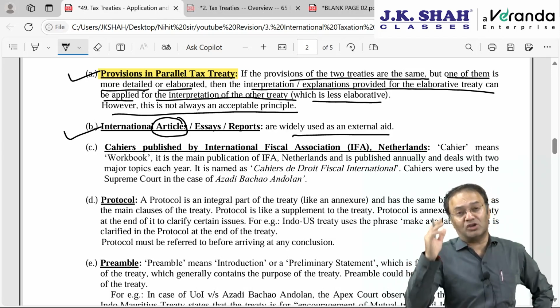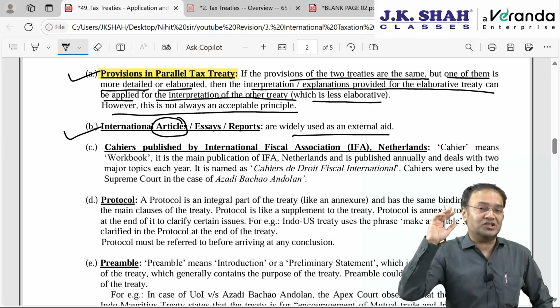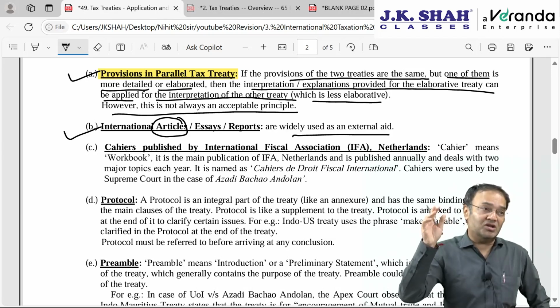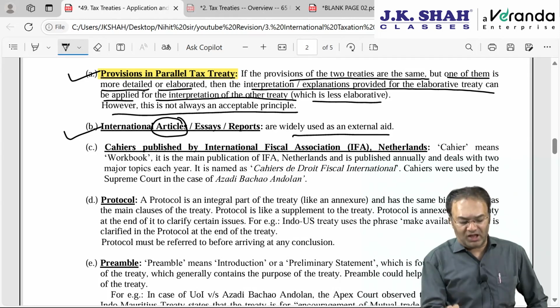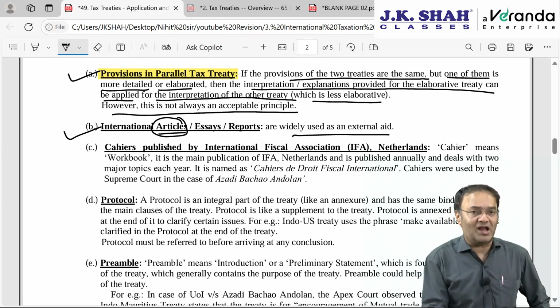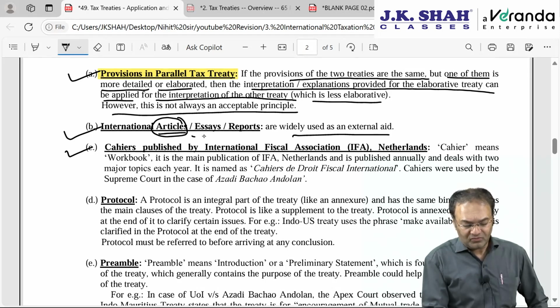They have studied circulars even prior to the 1961 Income Tax Act. They have studied circulars and the act of earlier years also, of the 1932 Income Tax Act. Then those people are in a position to give opinions or write articles. Then articles can be considered as an external aid for interpretation. An article is nothing but the opinion of the particular person who has authored it, a written essay.